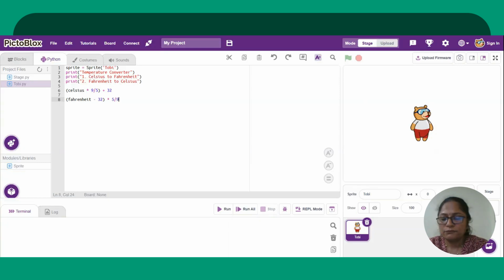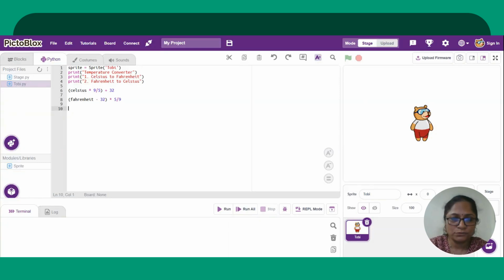So first we are going to make the choice, and depending on the choice we are going to convert it. Now for this I am going to use if, elif and else statements. So here, if my choice is 1, then I am going to take from the user the input of the temperature that the user wants to convert. So if my choice is equal to 1,